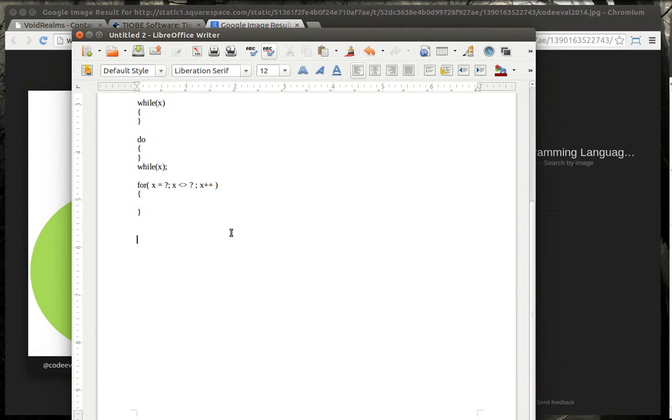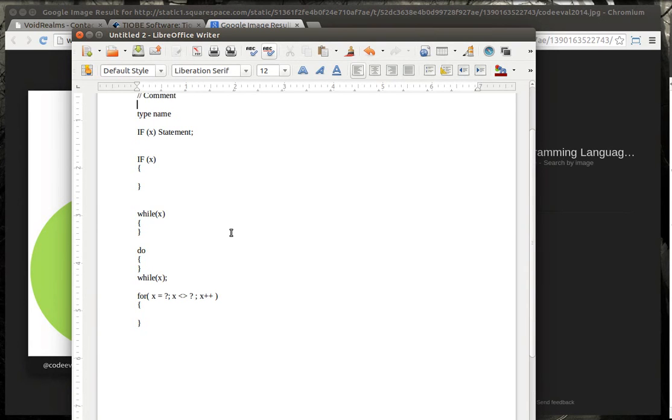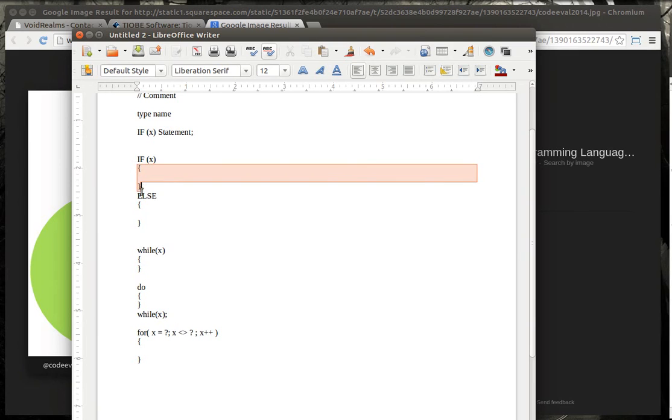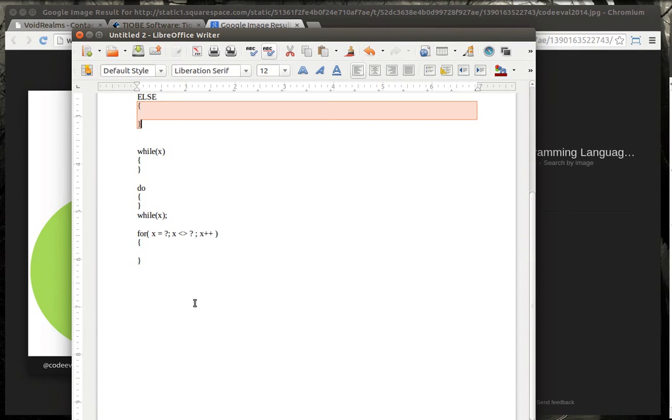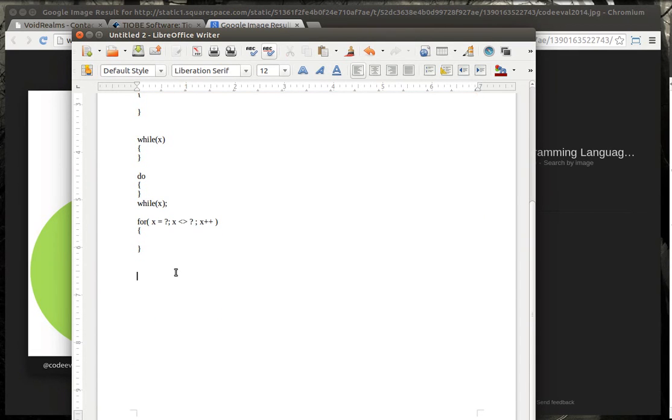All right. Think of switch as a gigantic if-then-else statement. Oh, that's one other thing I kind of forgot. Let's do the if. You can also add the else keyword. So if x, then do something, otherwise do something else. Notice how you've got two different scopes here. Scope 1, scope 2. All right, so the switch statement is very similar in function, but different in syntax.